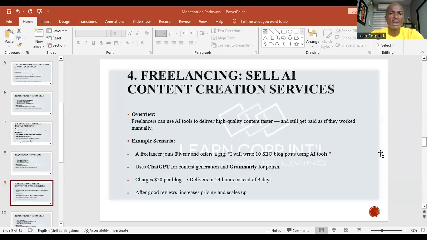Now, locally, all right? Locally, you can freelance. Now, this is on an international level, which I'm going to show us, but locally, you can go to churches. You can freelance for them. You can say, hey, your weekly bulletin, publishing and all this, I can work that out for you just for a little token. I'm telling you, they pay a lot of money for publishers to carry out some of those things for them, but you can use AI content to summarize their messages, transcribe their messages, write their bulletins, publicize it. You can put it on a timeline where it publishes it out there.